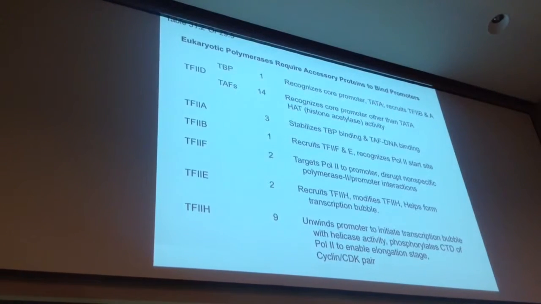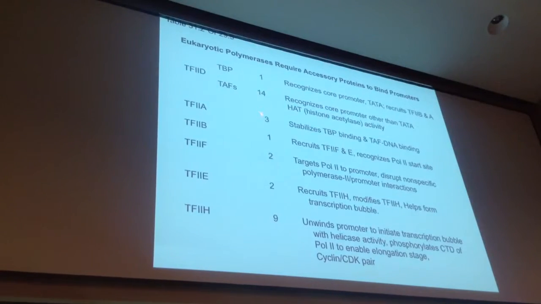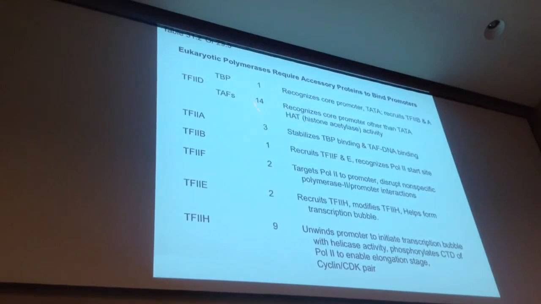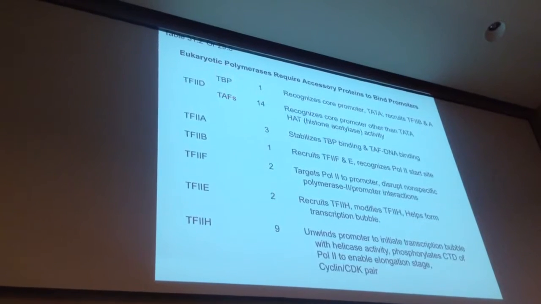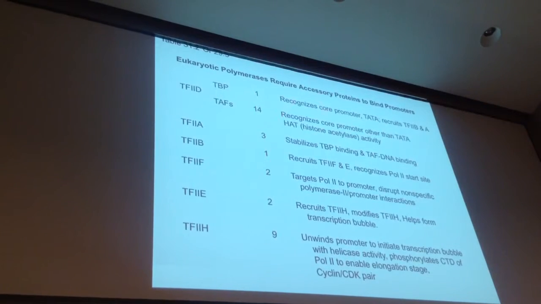Now the table shows you several of those. It shows you the number of proteins that are involved in each of these transcription factors. So transcription factor 2 has 14, actually 15 subunits in it because T3 is part of it. I'm going to show you the sequence of events that occurs for these guys here. You can come back and